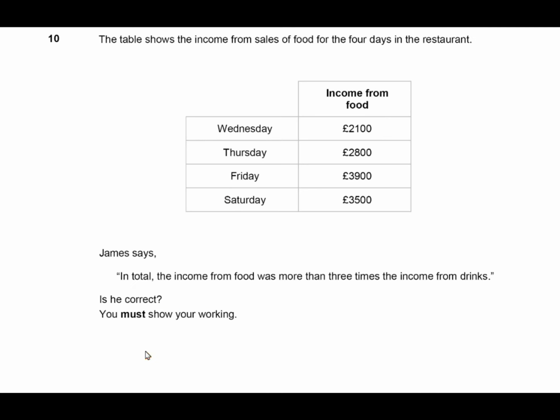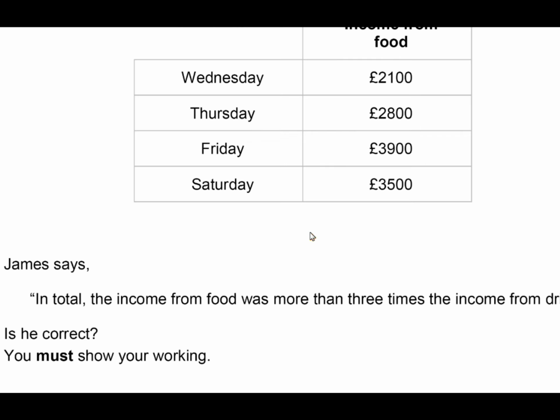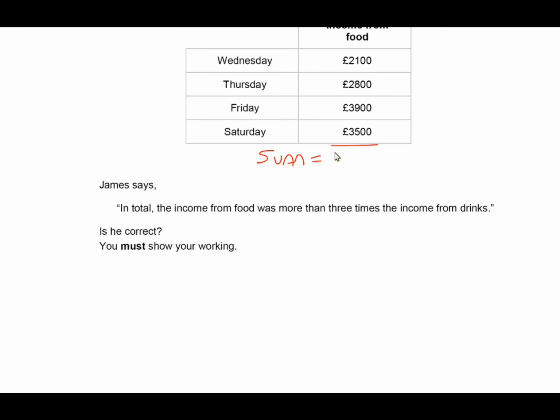The next table shows the income from the sales of food for the 4 days from Wednesday to Saturday. And James says, in total, the income from food was more than 3 times the income from drinks. So we need to know the sum of the income from both of those two things. So since it's on this page, let's add these together. So the sum for food, which is